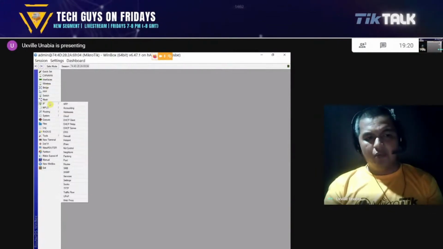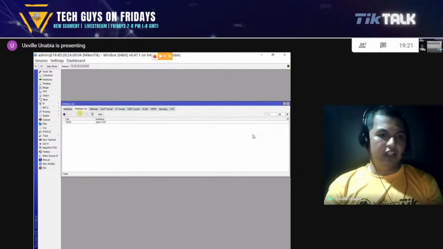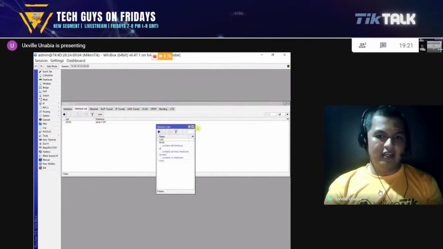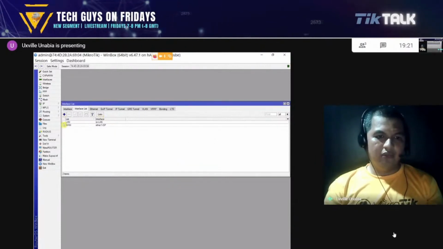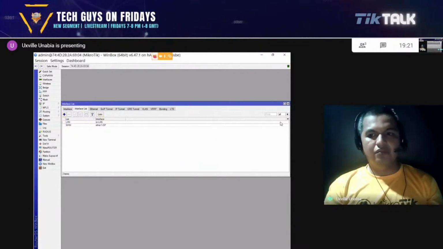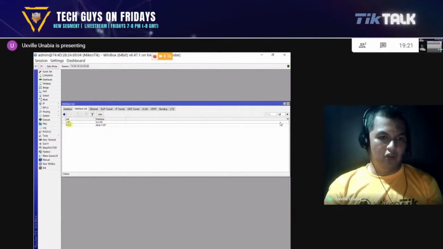Okay, so we'll now proceed with the IP address. Now we have the bridge interface. As you remember from our previous video, we have what we call an interface list, that is LAN. There is no entry, so you can now add the LAN, which is the bridge interface. Don't forget, so that later on, if you have some rules like firewall filter rules, which include